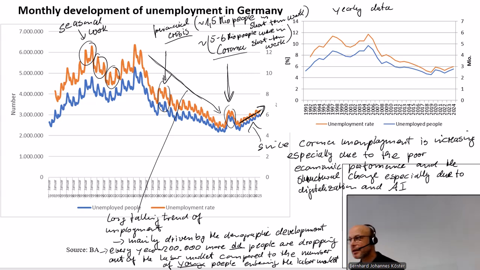Because if you look, for example, outside, no, it has stopped. No, it's still raining, and maybe next month it will start snowing. And this means, for example, especially for the construction sector, that we do not build that many houses during winter time. And therefore, just for this reason, unemployment is increasing. Or also, if you look at the tourism sector, then of course during summer there is more demand for people working in the tourism sector than during winter.